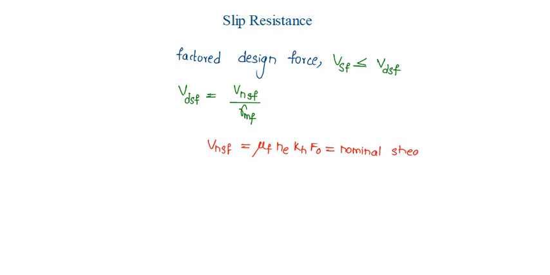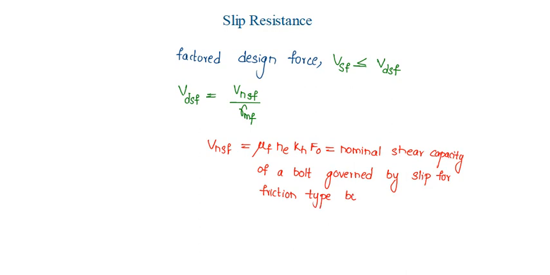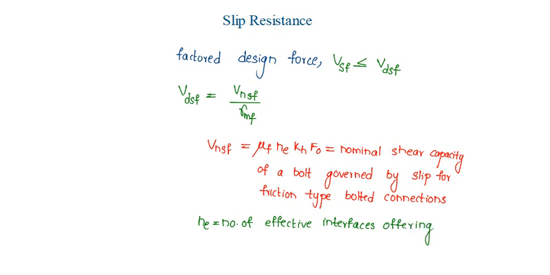shear capacity of a bolt governed by slip for friction type bolted connections, in which Ne is given as number of effective interfaces offering frictional resistance to slip,